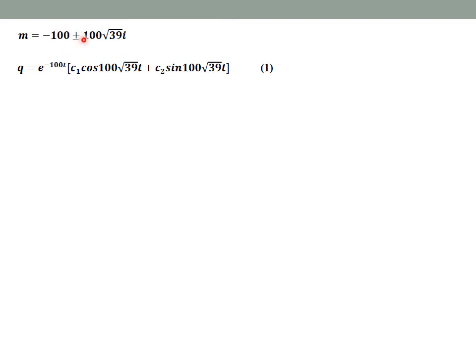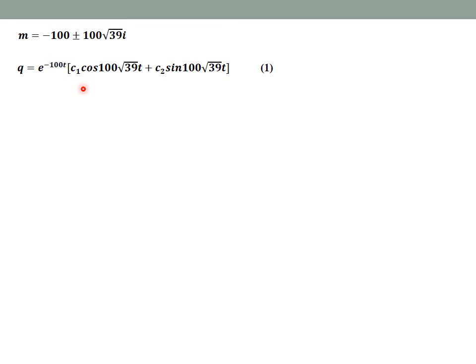So this is how to write yc if it is a complex root. Suppose this is alpha and beta: e power alpha x into c1 cos beta x plus c2 sin beta x, correct? And I hope you remember the method to write down yc. So write what is your q, and now this is not my final solution.